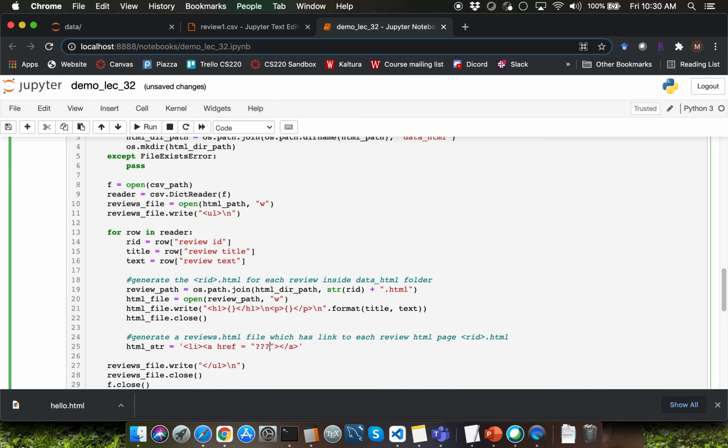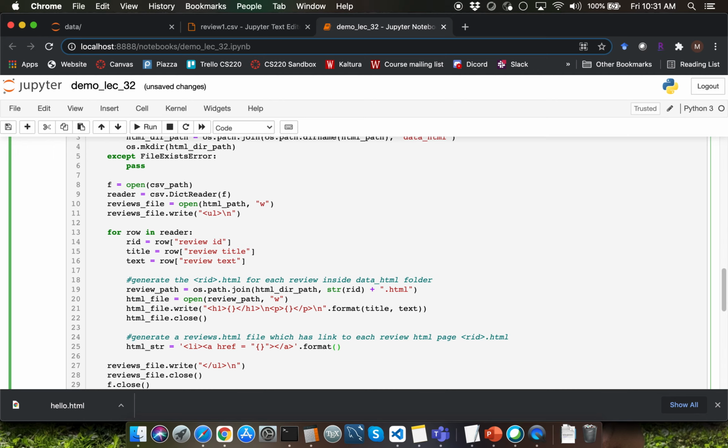What do we want to mention as the argument to the href attribute as part of the anchor tag? That needs to be the path to the HTML file which we want to open when we click on that hyperlink, right? So I'm going to use the placeholder here. Let's use the format method call one more time.